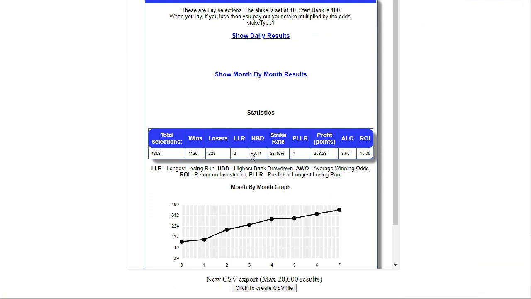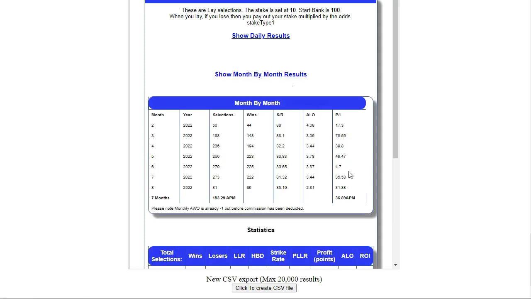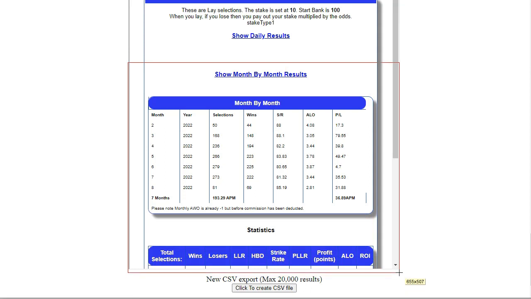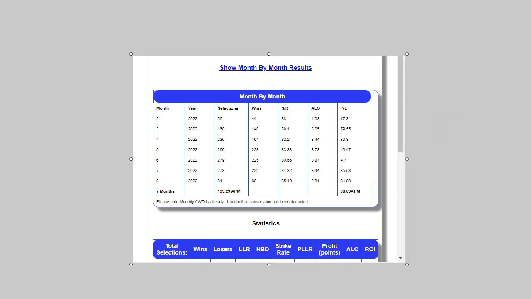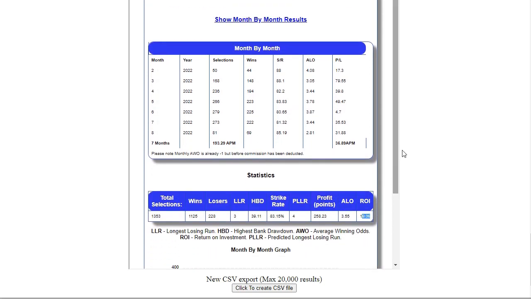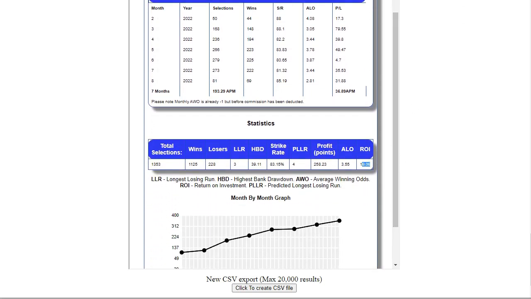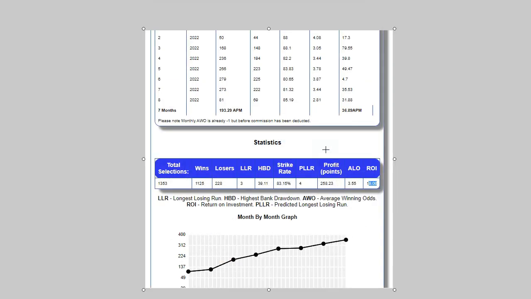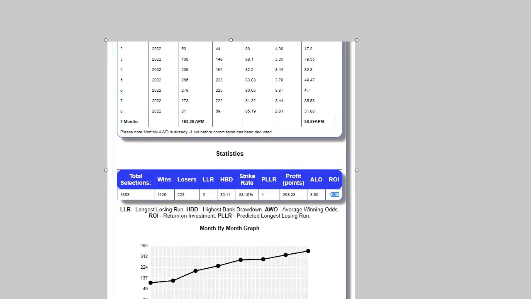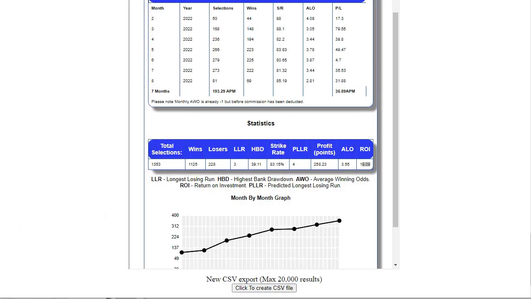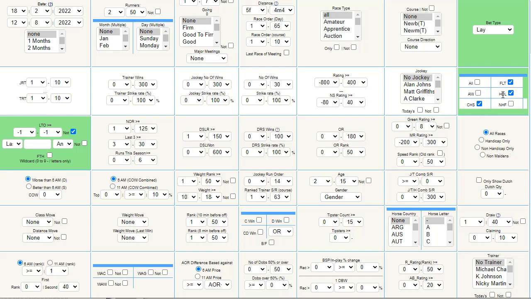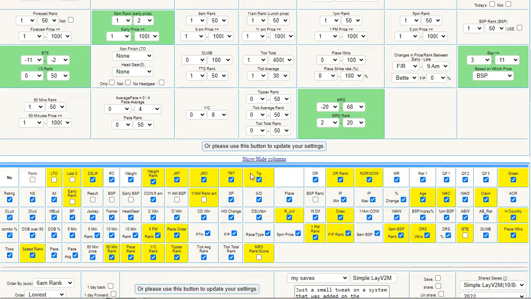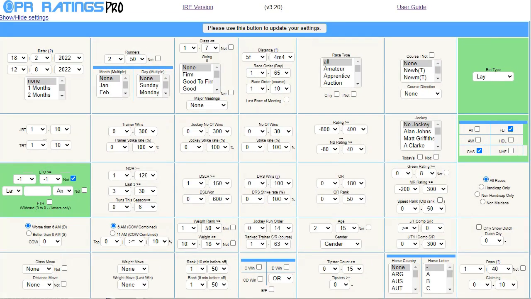So 39 low, highest bank drawdown, 83%, nearly 20%. It's been pretty good, one month. So let's just take out, in fact, what I'll do is I'll take a screenshot of that, and then we can compare it in a second. No, we don't want that one, actually. We want all the stats there as well, don't we? Let's have a bit of the graph as well. So I can just take a screenshot of that, put it to one side over there for a second, and then what we can do is if we just take out hurdles and have a look, get a better idea